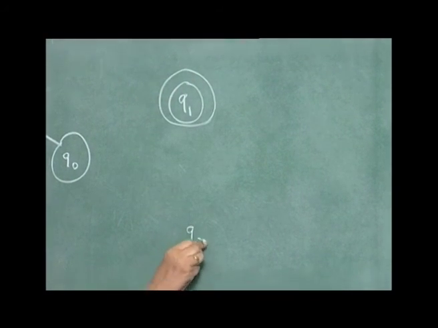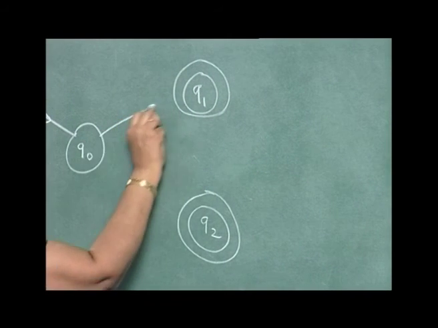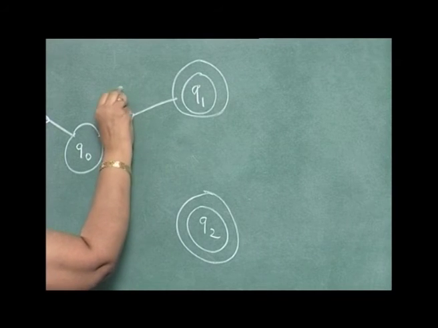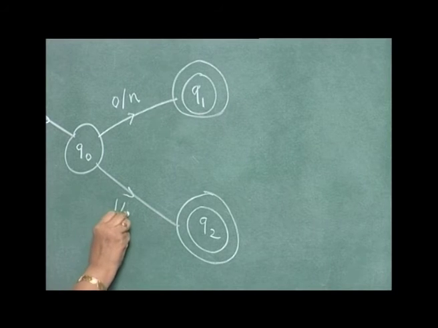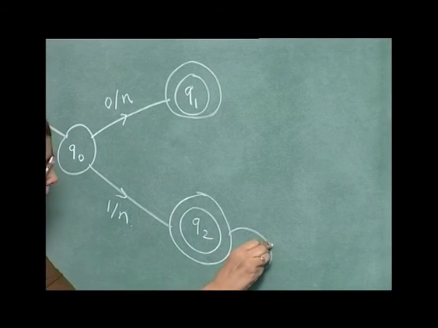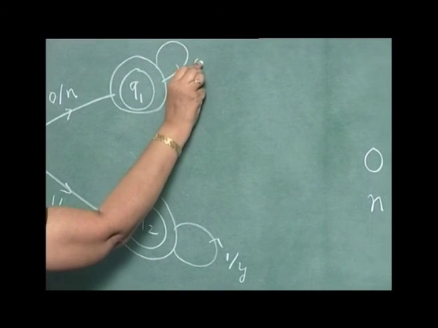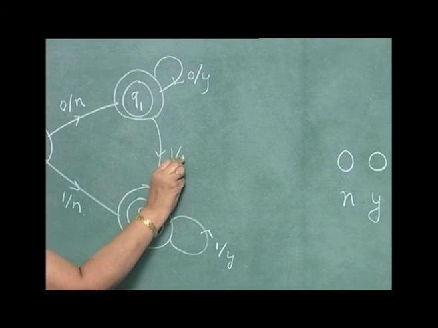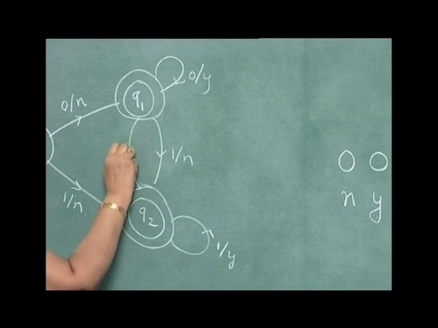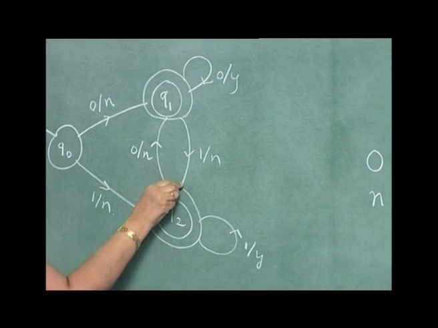You can have an automaton like this, 0 no, 1 yes, 1 yes, 0 no, 0 yes,